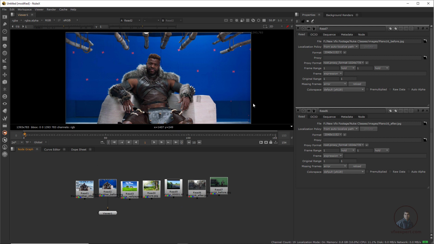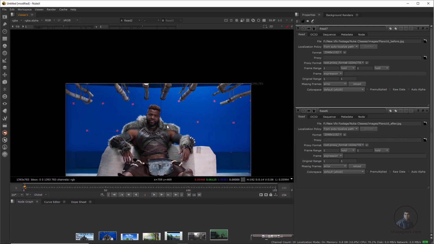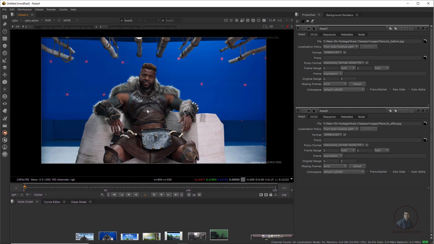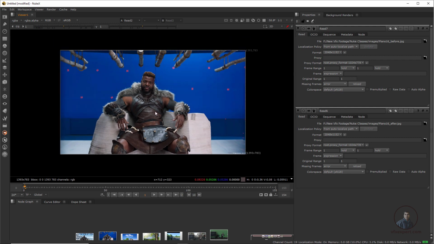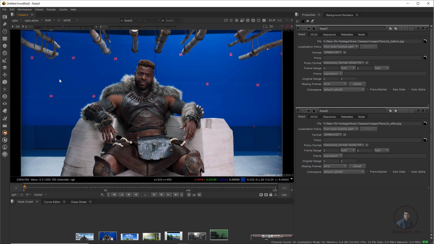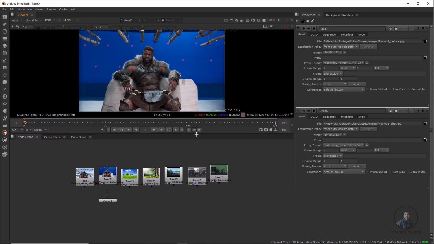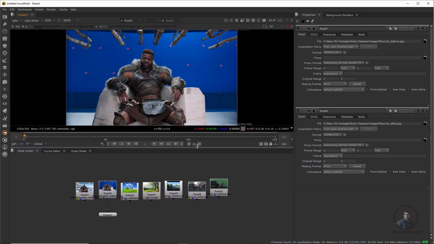Next, if you want to adjust the area between the properties, the viewer and the node graph, you will get this divider line here, and from here you can simply adjust it. Like this, then again press F here, and with the middle mouse button zoom in and zoom out, and you can also press H. H means home. This will fit your viewer inside this area. Then after you adjust it, this will maintain your viewer here.